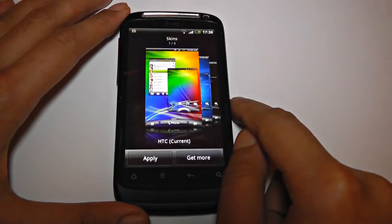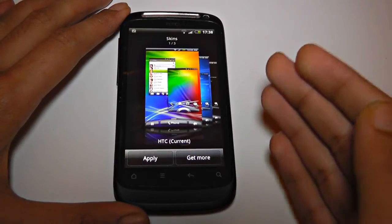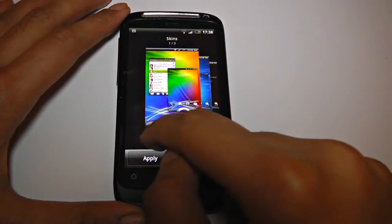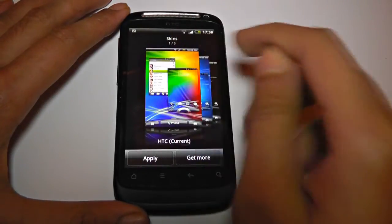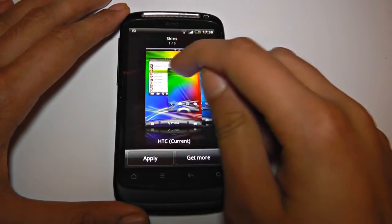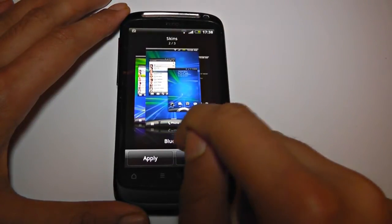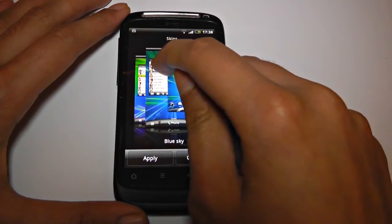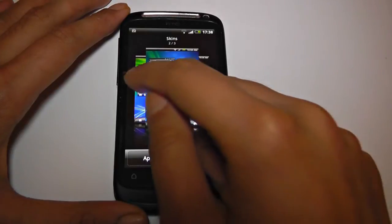Let's go into skins. Now skins basically changes the design and overlay on your device. You still get HTC Sense, but as you can see here at the bottom, when you tap on these icons, it's got a green design to it when you tap on applications. But if you go onto this one, which is called Blue Sky, you can see it's changed to blue, so when you tap the applications, or when you tap anything on the screen, it will be more of a blue highlight instead of